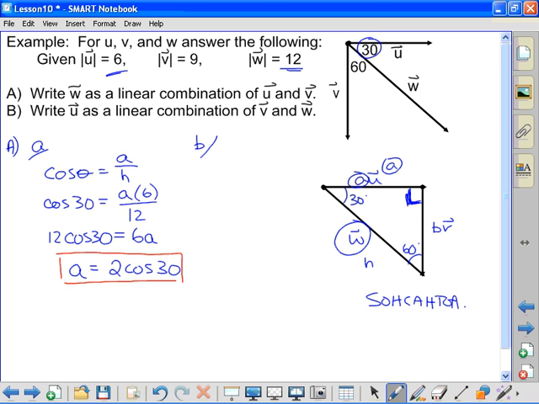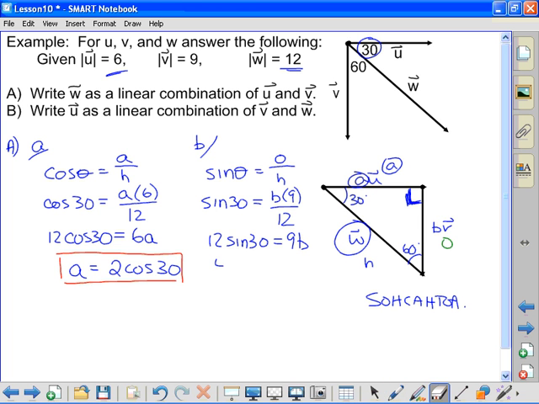Moving on to solve the b value, I would have to use the opposite. So that means I'm going to use sine theta equals O over H. Sine 30 equals, the v vector is worth 9, so b times 9 over, again, 12. So 12 sine 30 equals 9b. Divide both sides by 9. We end up with 4/3. So b equals 4/3 sine 30. Which means, therefore,